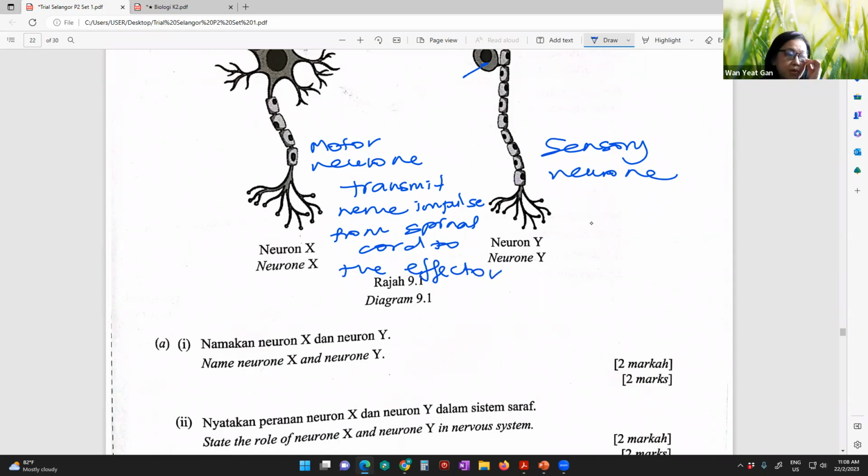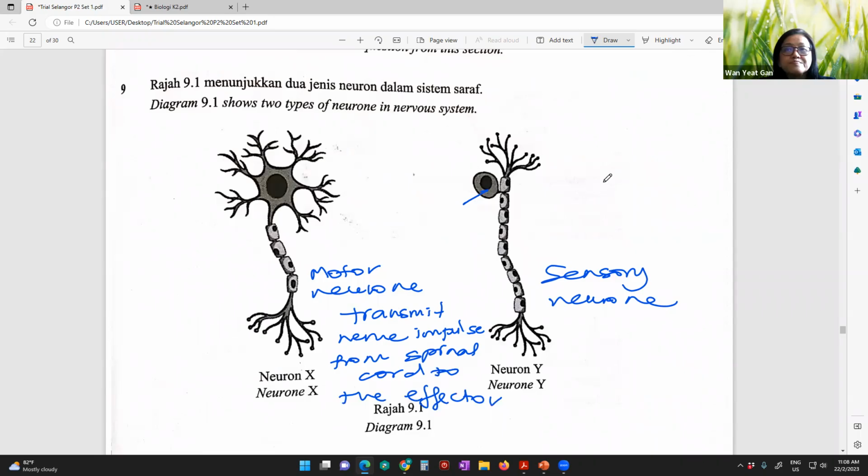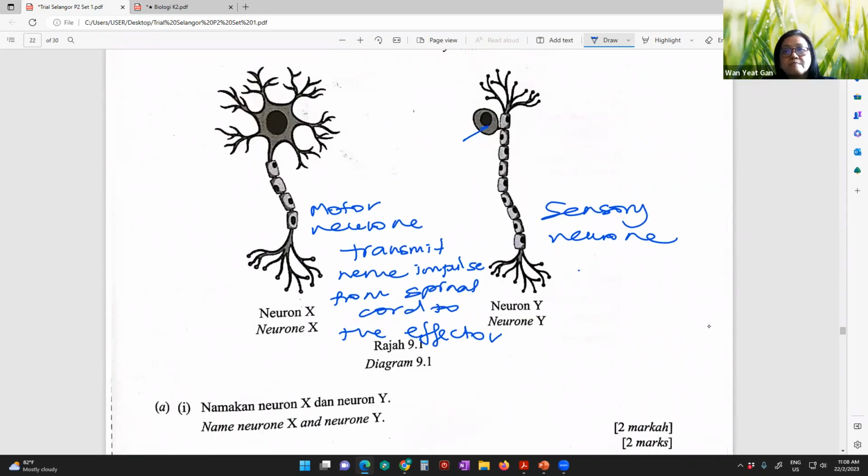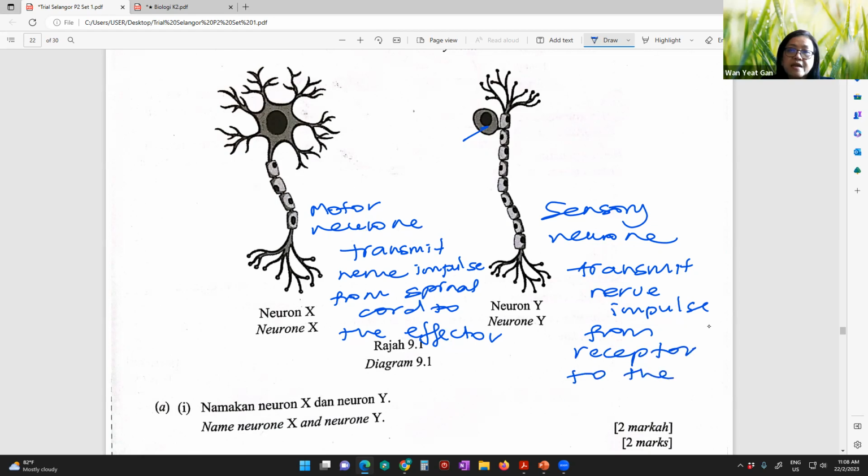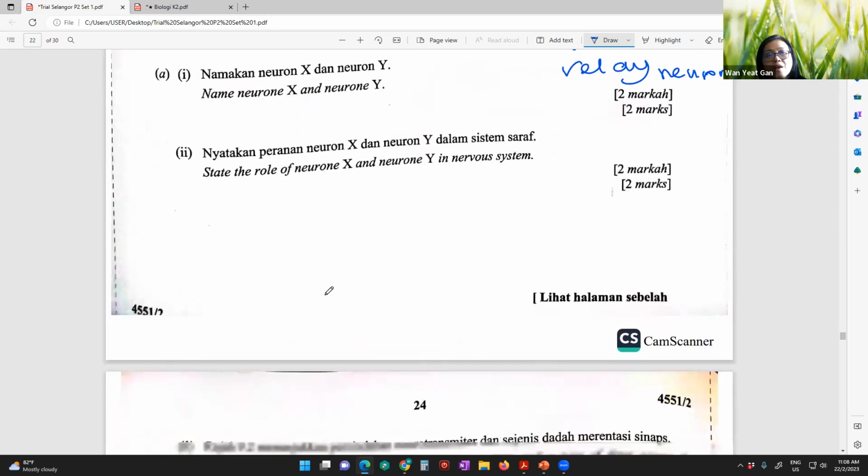Whereas sensory neuron here is to transmit nerve impulse from the receptor to the relay neuron. Okay. Next,